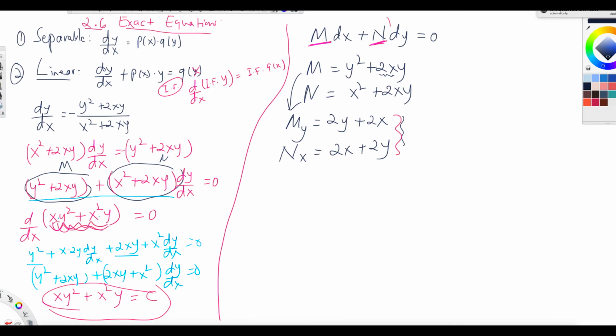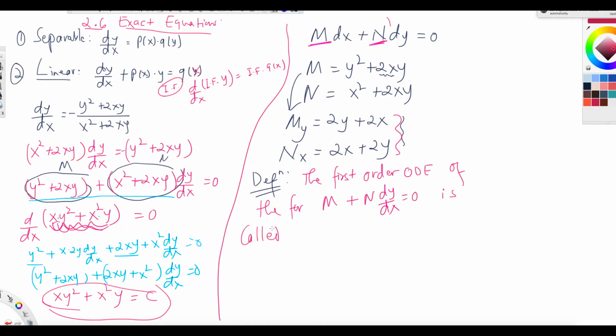Okay, so let me first write down the definition of an exact differential equation. Definition: exact equation. If we can write the whole left hand side as the derivative of a certain function, then it is called an exact equation. The first order ODE of the form M plus N dy over dx, or you can write M dx plus N dy equals 0, is called exact